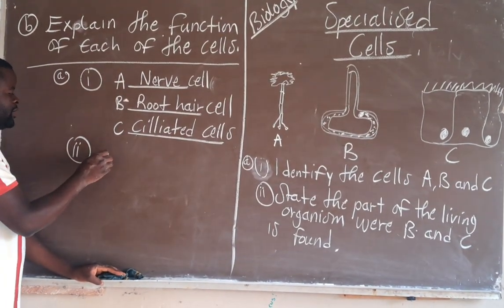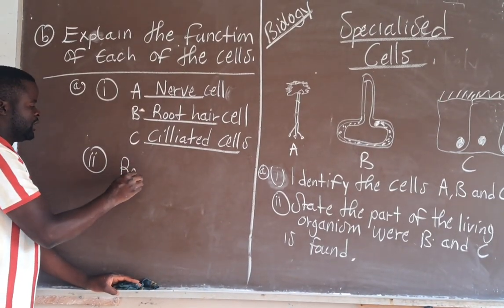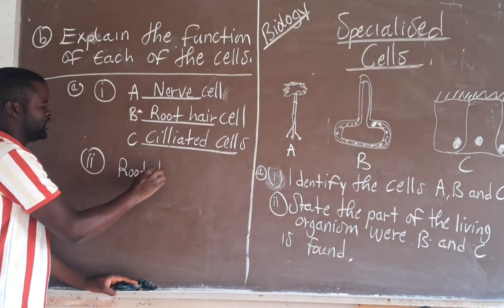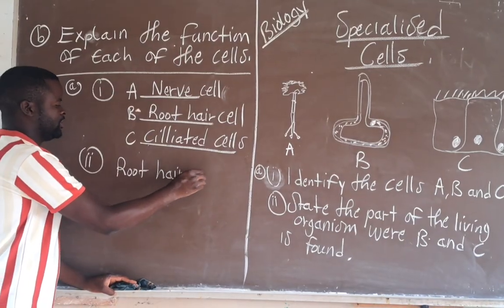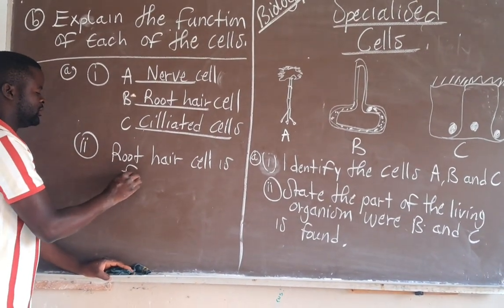Cell B, being a root hair cell, is found